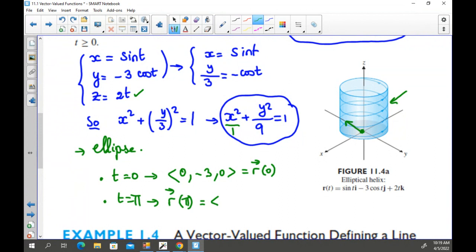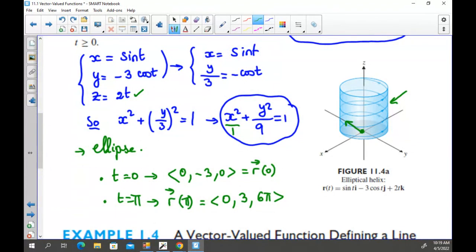Sine pi, which is 0, and then minus 3 cosine pi, 3, and z is 6 pi. So it's a vector, which is,